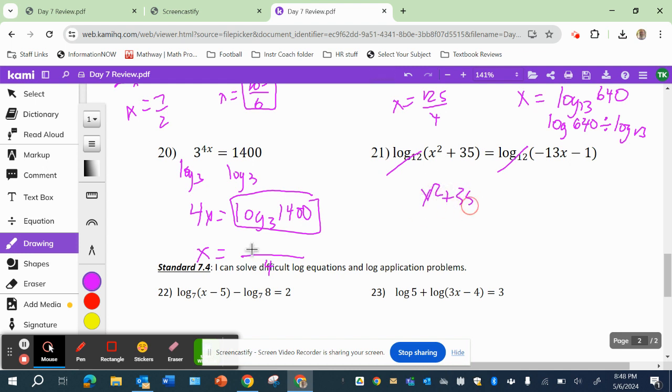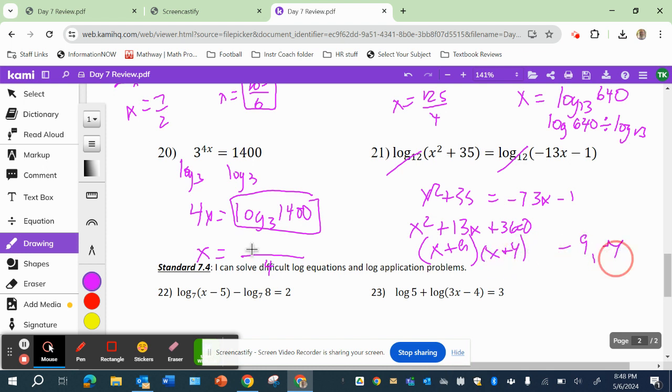I think you had this one. You had x plus 9, x plus 4, so negative 9, negative 4. You just want to check to make sure if you put those in there, you don't get a negative log, but this one works out because that negative makes it a positive. Okay, so